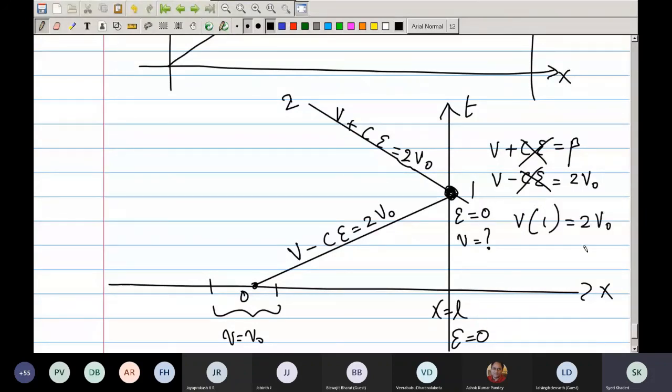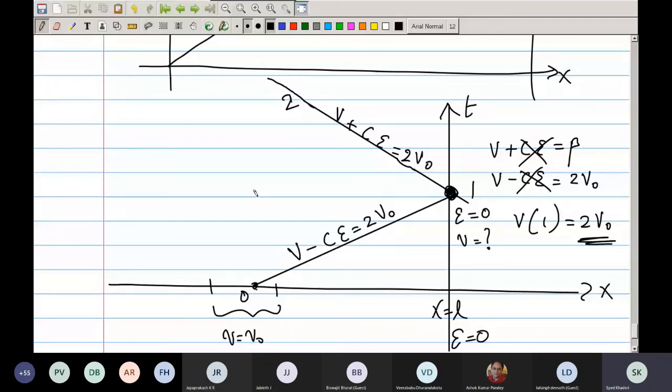So this is very interesting. What is interesting is that you have a velocity pulse which is coming and hitting this boundary. When the pulse hits the boundary, the velocity actually doubles. Okay, so that is something which is very interesting. So now you would like to know what is happening to this point, after the pulse has gone to the free boundary and reflected back. What is the condition at this point?